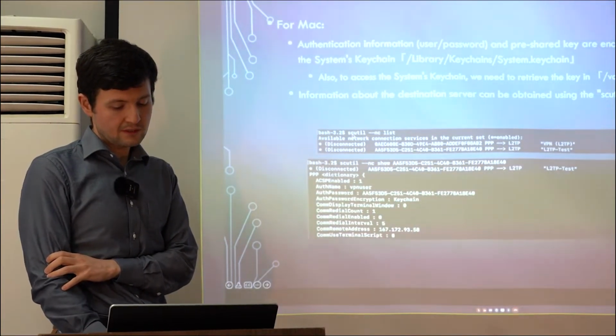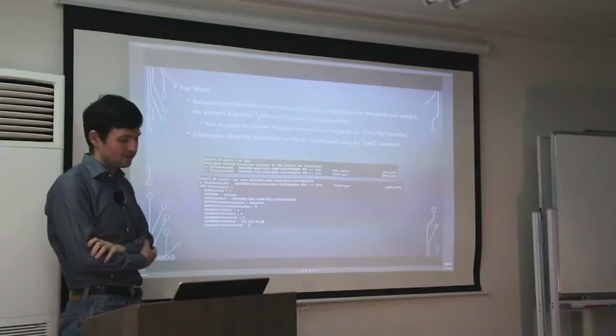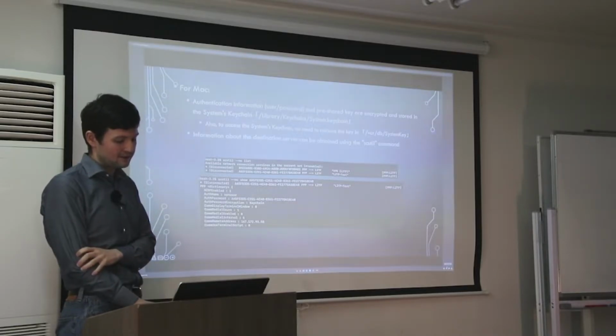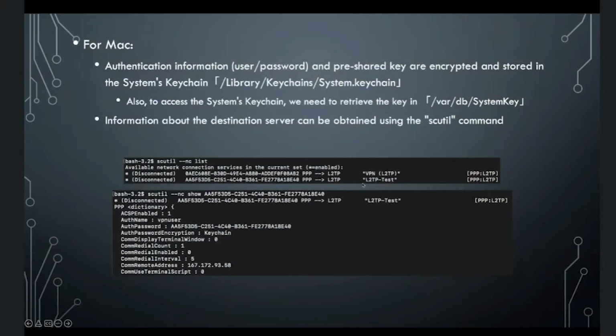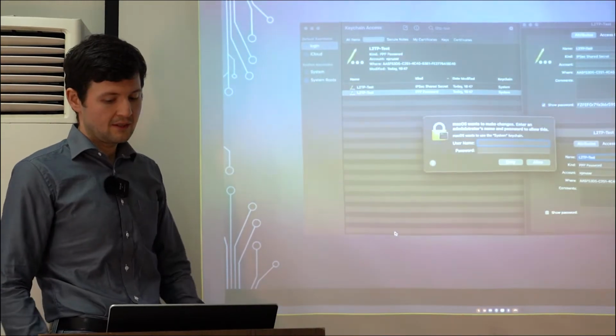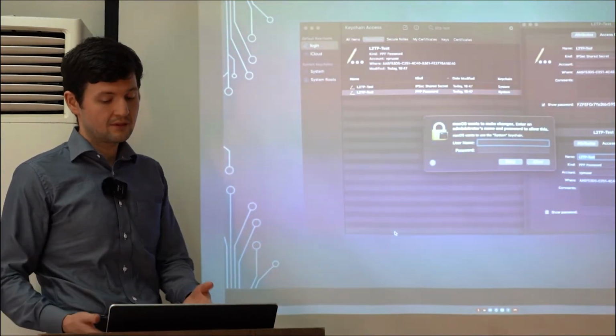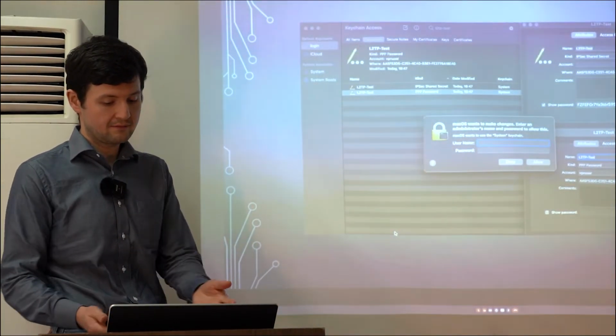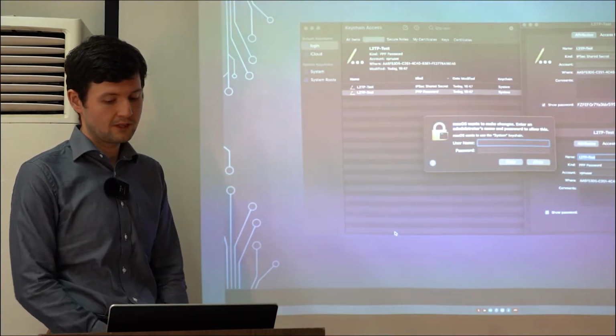So, for example, if you have code execution on the Mac, you can use scutil and clist to list the VPN connections. Using the GUID of this connection, you can get the IP address it connects to, but the actual information saved in the system keychain, any attacker that has only code execution but not an interactive way